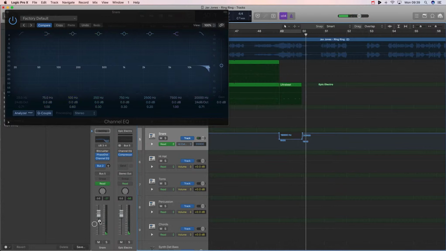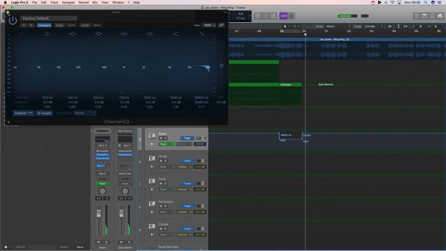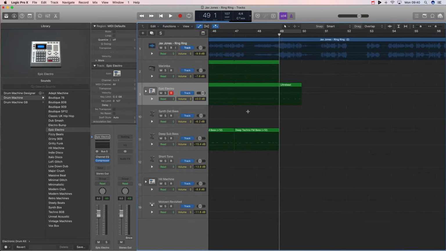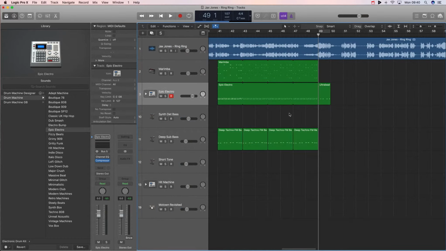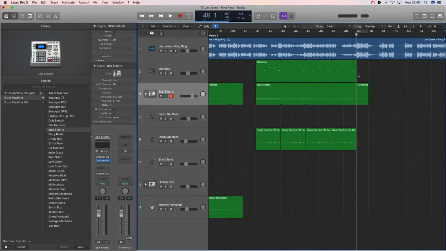Okay, so that's what we've got there. That's our sort of muted or filtered snare drums or rim shots, and we've used a bit of automation to automate the EQ. So that's the first thing. By the way, press A and you go back out of automation view quickly. I'm now going to copy all this across, but remember,